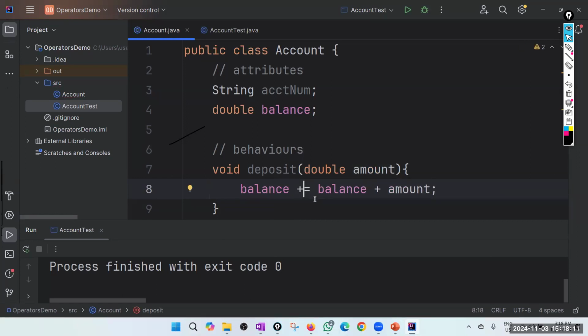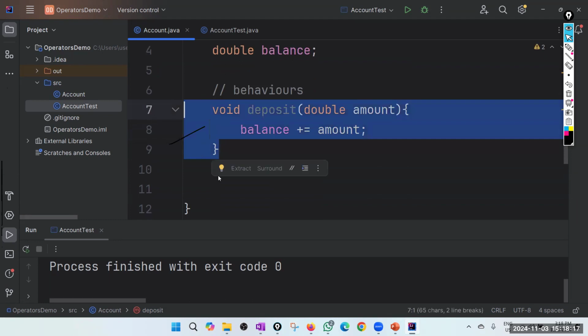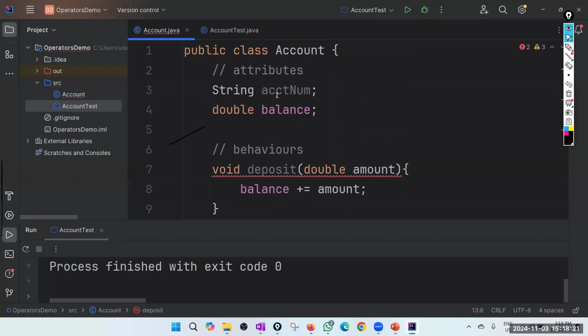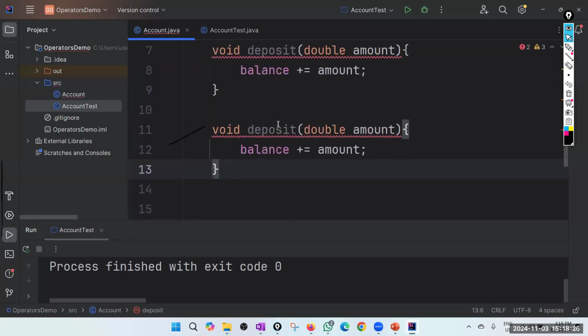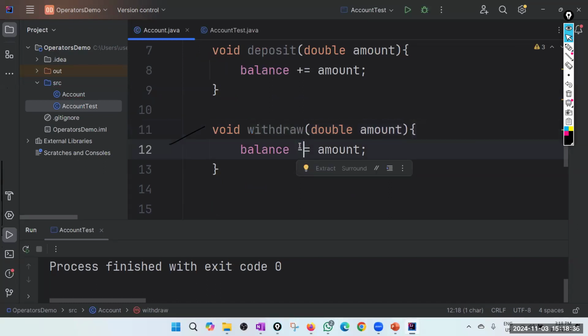That is another way of writing the same thing. So then what about the withdraw? Of course, now I am not referring to the databases and so on, right? So that you can do it later. I'm just modeling the class, say withdraw. So then balance equals balance minus amount.